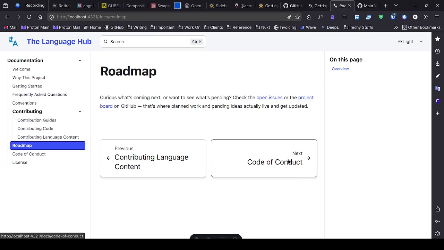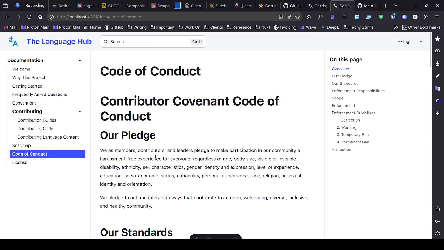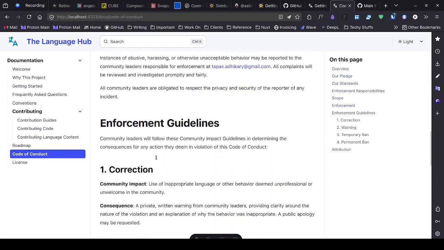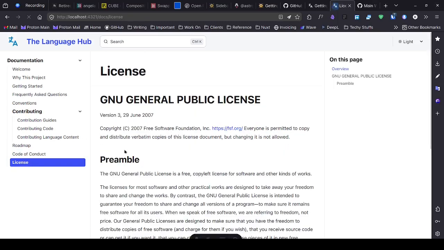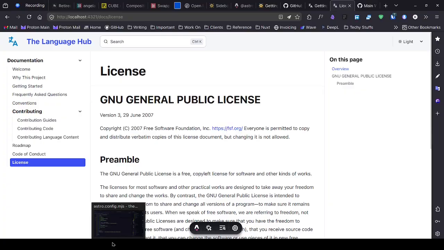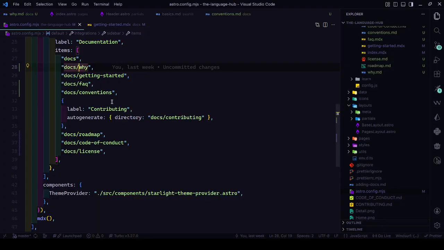We'll just continue. That's then the code of conduct. This is the same thing that is in the repo. I just copied that, as well as the license. This is under a GPL license for reasons. So these are the changes I made. It's just going to be light updates, and then we're going to end the video. I don't have much to do today.